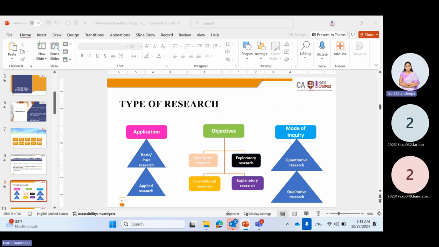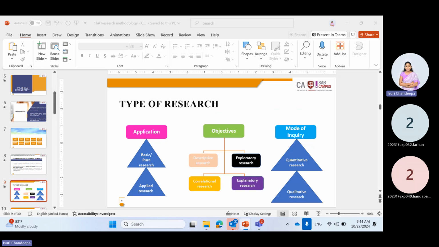Based on the objective, you can identify four research. What are those four research? Descriptive, explanatory, correlation, then exploratory, and then next one based on the